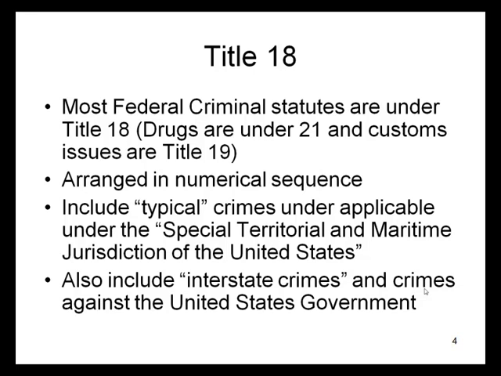But if a homicide occurs on a U.S.-flagged vessel 50 miles offshore, then it is a federal crime because it is in the special territorial and maritime jurisdiction of the United States. And as I said before, it also includes interstate crimes, like the interstate transportation of a minor across state lines, as one example of physical interstate crime, whereas something like extortion has to impact interstate commerce, which in this day and age is not very hard. And then last but not least, there are the crimes such as theft of government property, which is a crime against the government itself.